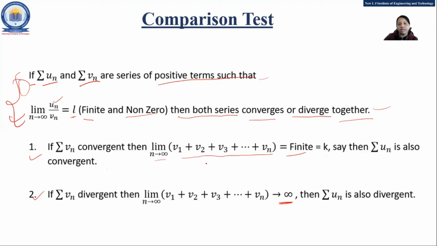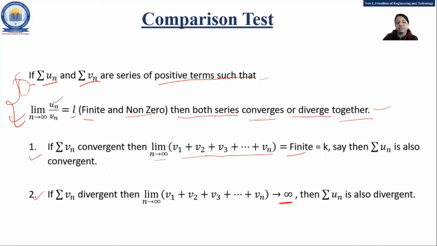Okay, any doubt up to this? So in this chapter, what we have seen is the sequence first, the limit of a sequence, and some examples of how to find the limit of a sequence. Then we have seen the series: there are two main kinds, finite series and infinite series.